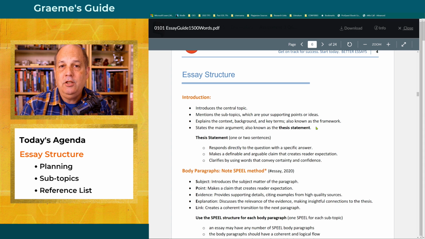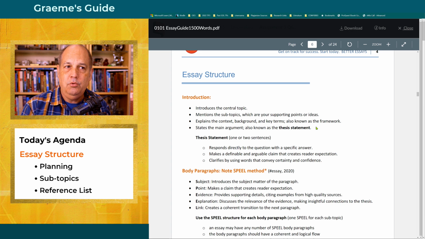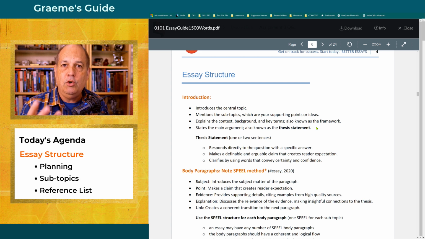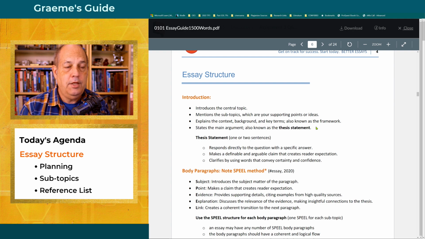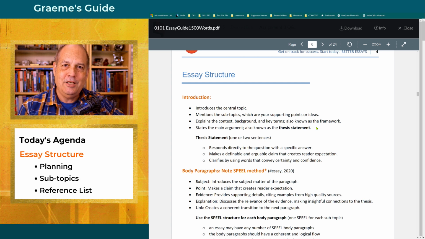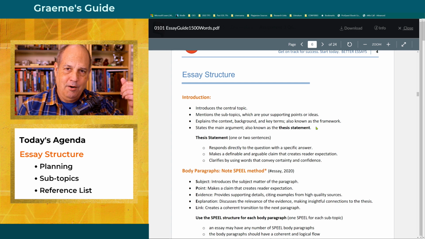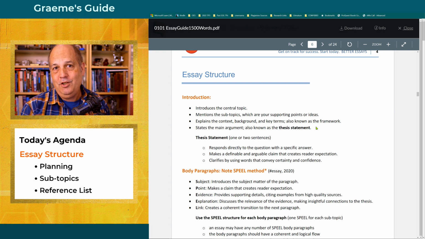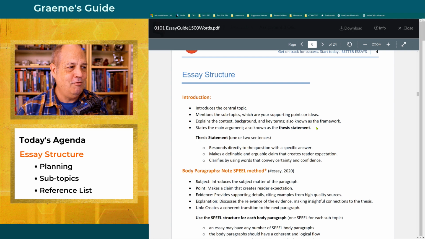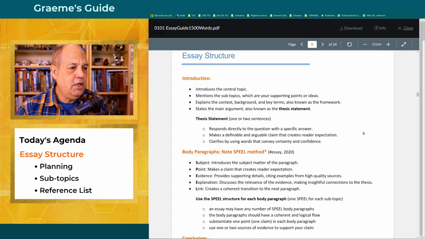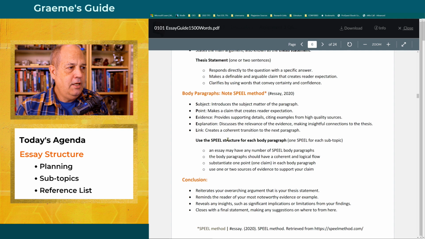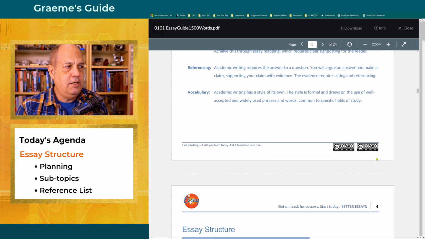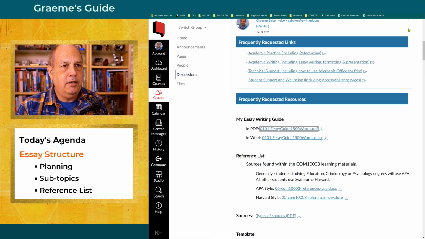You're persuading your reader to your central idea, your argument, your thesis statement. So you want them to believe your thesis statement. And so these next 5 body paragraphs are providing evidence to persuade your audience that you have developed your academic skills over the past 12 weeks. Then I go in and talk a bit more about body paragraphs and conclusion. But look, if you're interested in that essay guide, it's there and available.